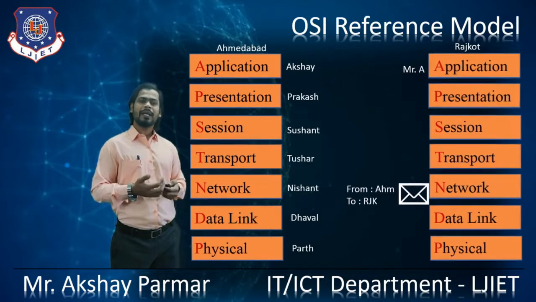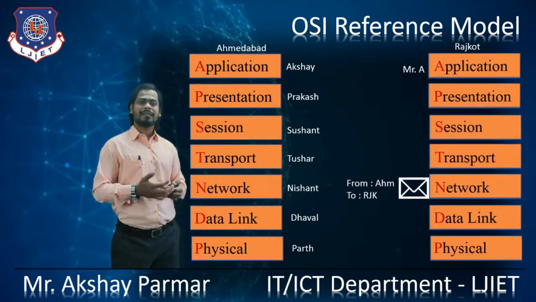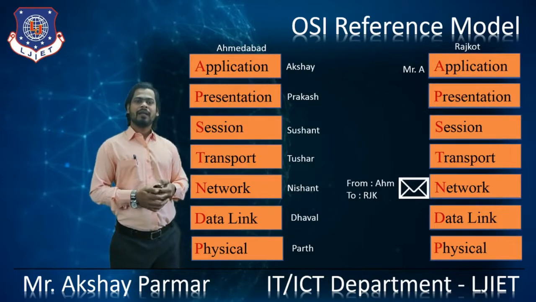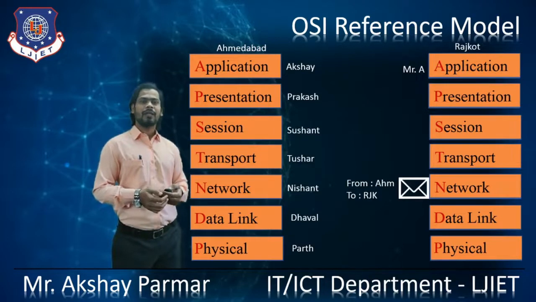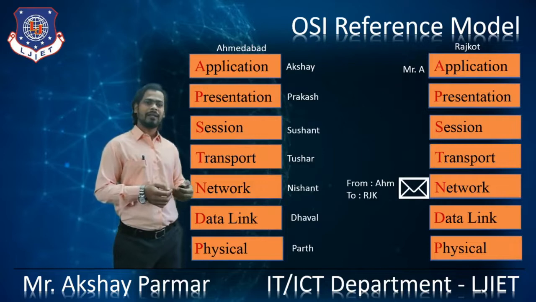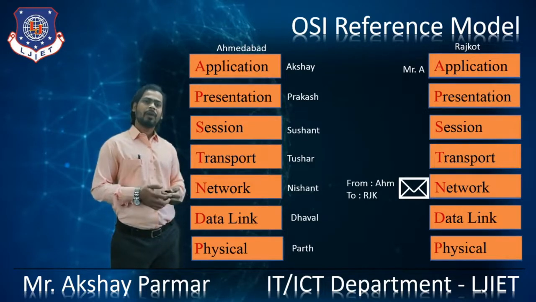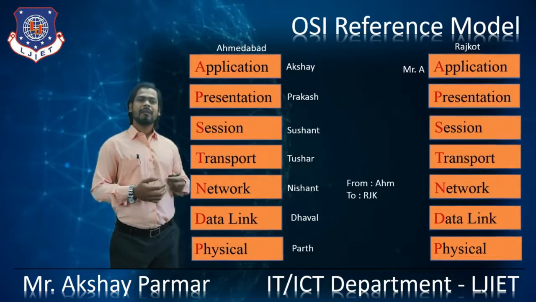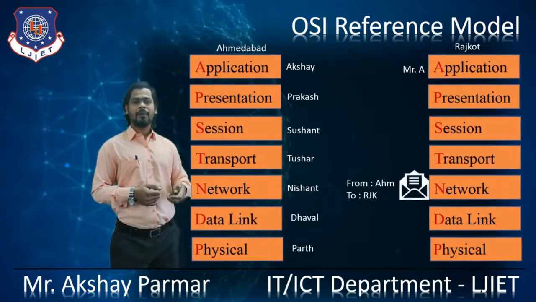who is working at the network layer of Mr. A's company. Mr. N will observe that it is from the Ahmedabad-based Mr. A's company, and this is sent to Rajkot, right? So it will assure the destination address, right? After that, it will open the document. After assuring the destination, Mr. N will open the envelope and send that envelope to Mr. T,